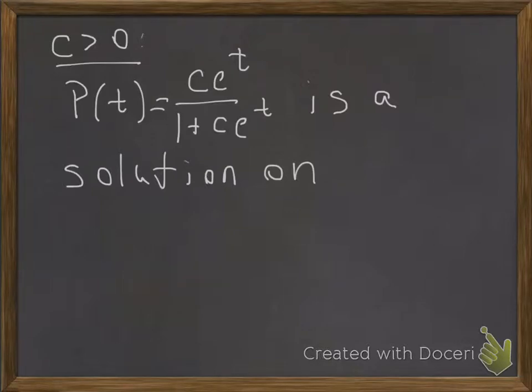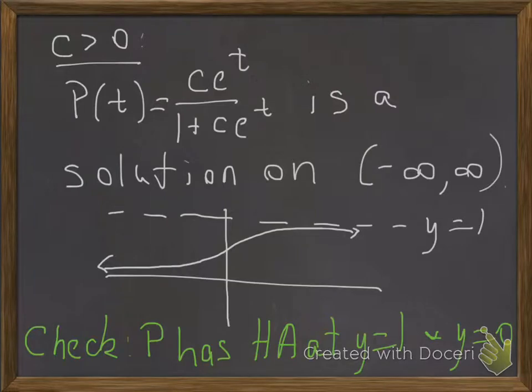So the only way that this function can do something bad is if the denominator equals 0, right? So does the denominator ever equal 0 when c is a positive number? The answer is no. So this is a well-defined function on the whole real line. So it's a solution on the interval from negative infinity to infinity, and if you graph this function, you see